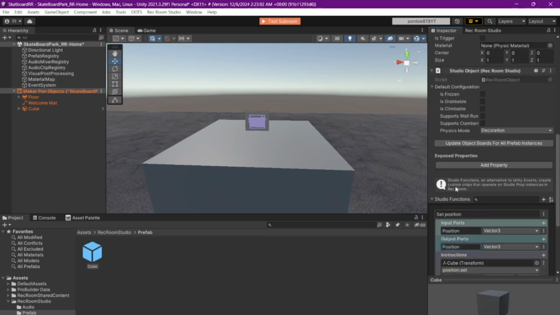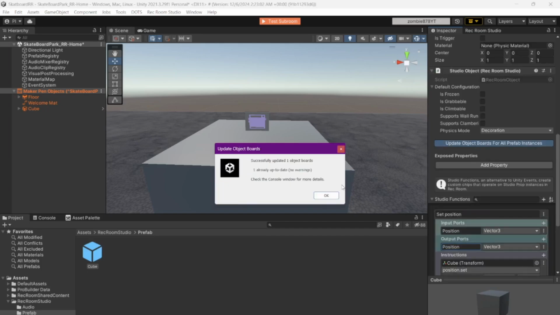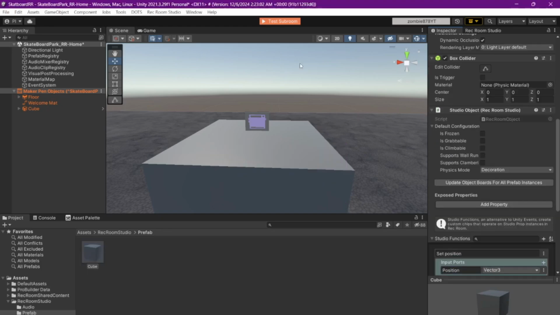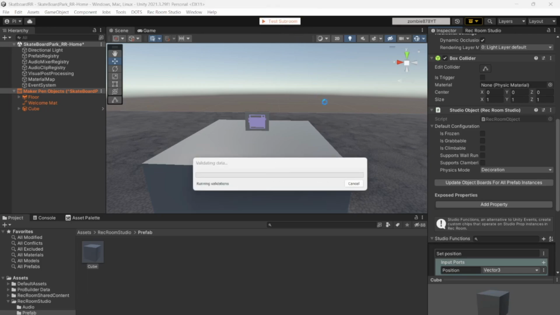And of course, you're going to want to update your object board. Just make sure that everything is updated. It says successfully updated one object board with no warnings. That's good. Now, what I'm going to do is I'm going to go ahead and click test subroom, which this